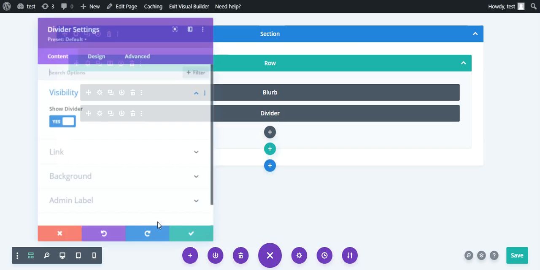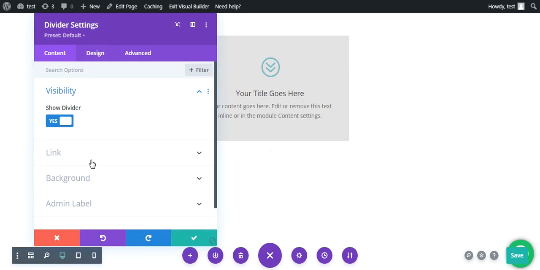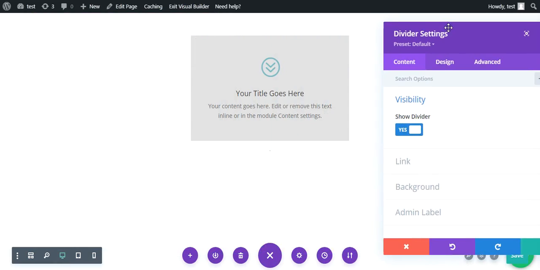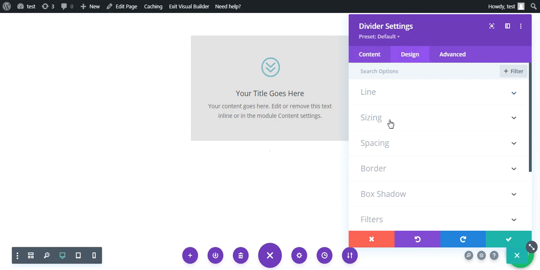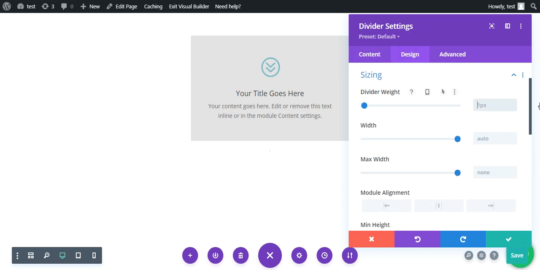Click on divider. Now get into the desktop view, and this is where we need to show some calculation. In the divider, under sizing, let the divider weight be 150 pixels, and let the width be 2 pixels. Let the max width also be 2 pixels, and let the text align be center.